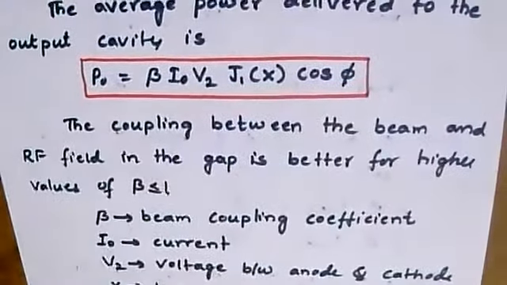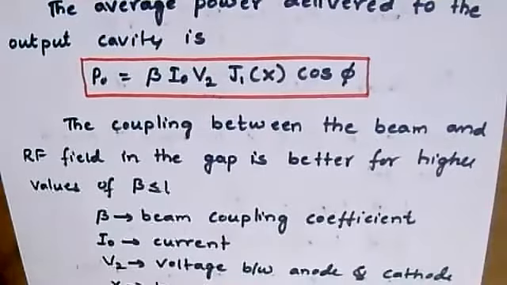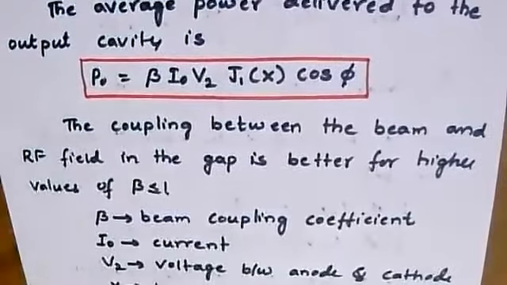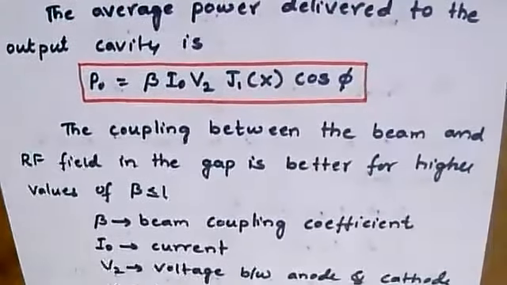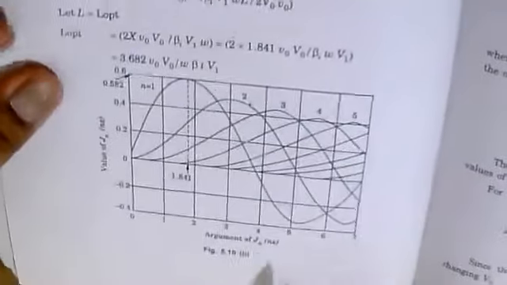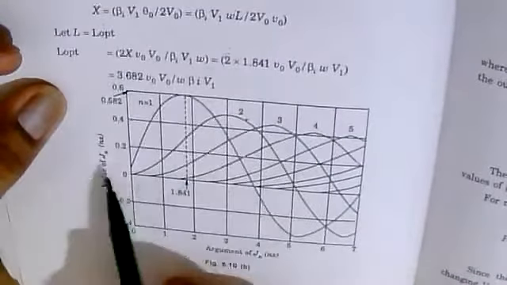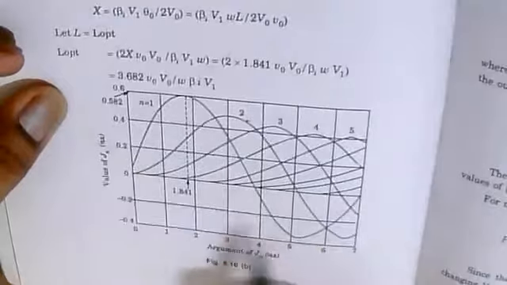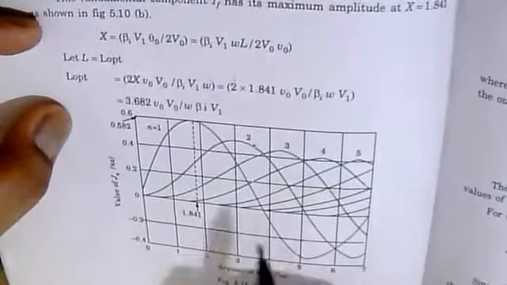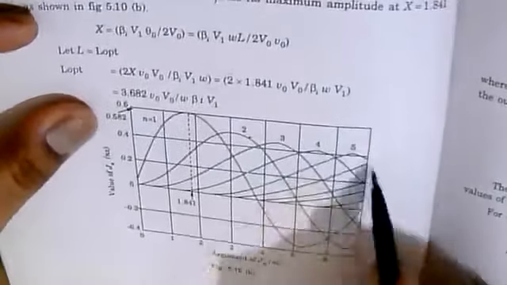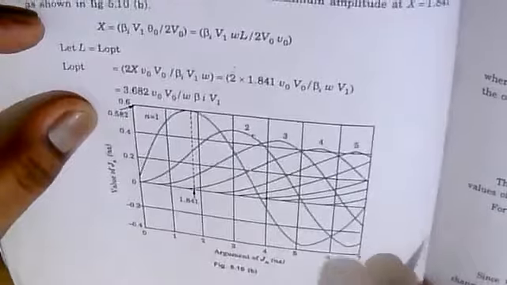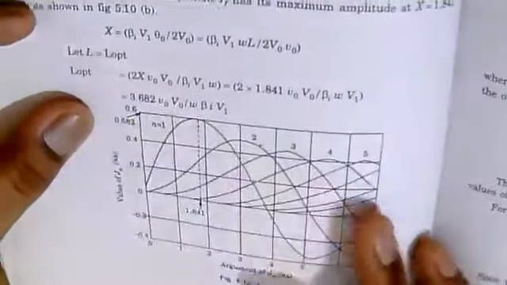By various methods we'll get that value J1 of X. As it is not that much required to derive here, I'll be showing it so you can see. This is the value of J1 of X that will be considered. As it is so complicated, I have not included the derivation. Finally, I am making use of the graph value J1 of X, which is used to calculate the output power.